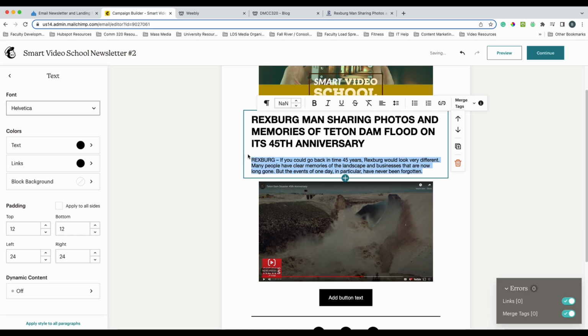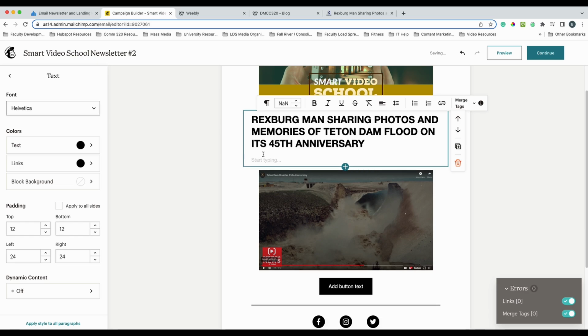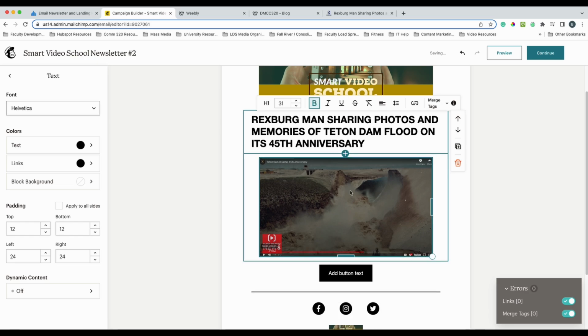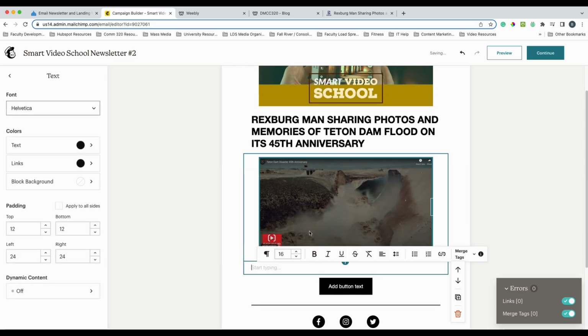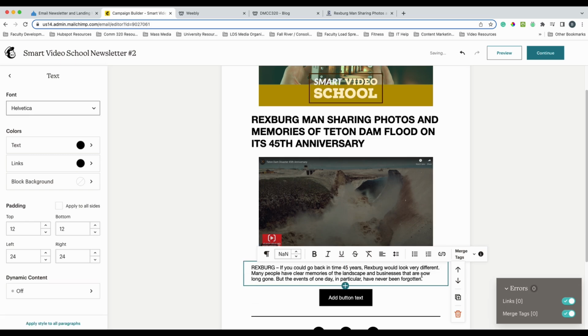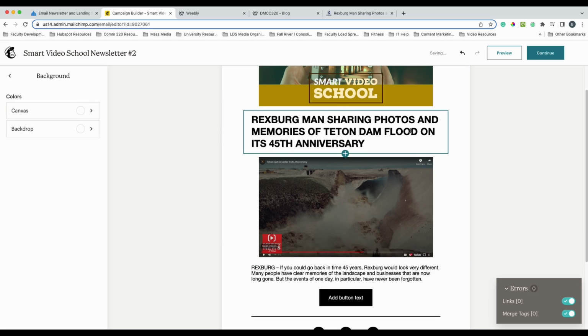I like to have the headline above, so I'm going to copy my text out. Leave the headline up here, put the photo there, and right down here I'm going to add the paragraph button or text button. And down here is where I'm going to put that information. I like that layout better. So here's my headline, here's my photo, here's this wording from my blog, the first paragraph, and then here's a